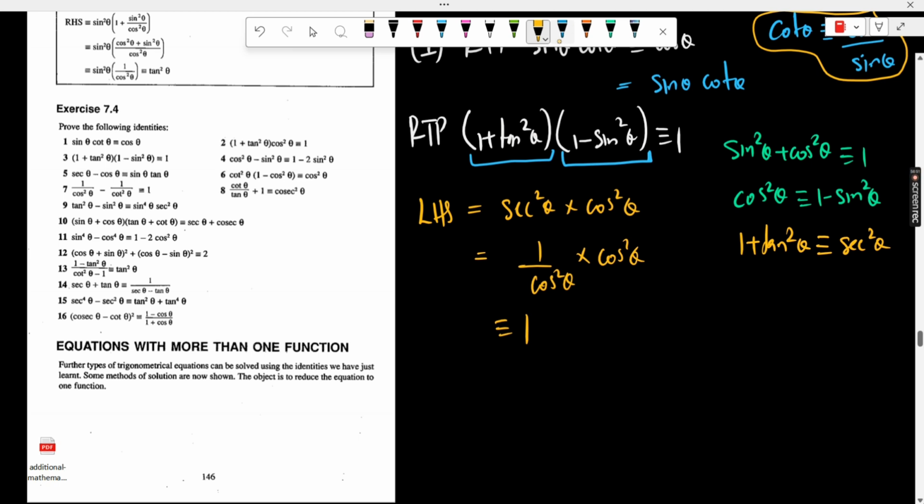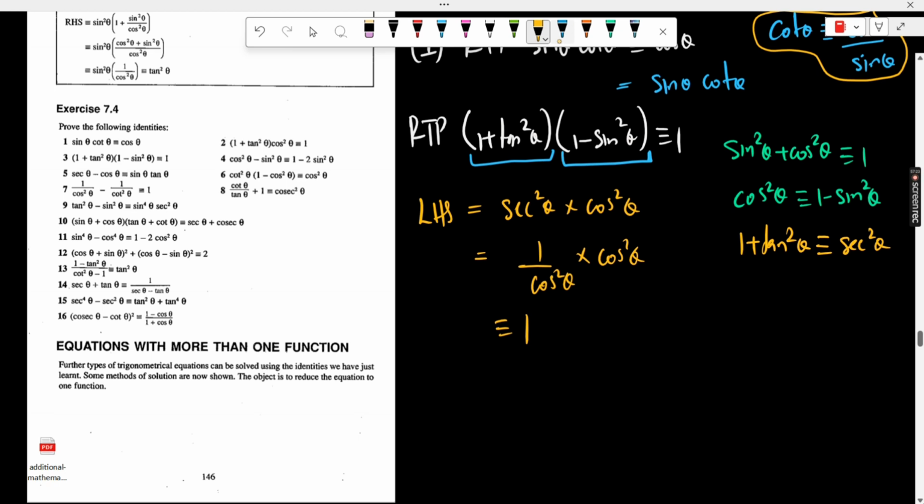Yes, sir. Different people might take completely different approaches to proving the same identity. You don't get any extra marks if you take 20 steps and the other person took 2 or 3 steps. So the aim is not to make it as complicated as possible, it's to prove the identity. And if you can recognize that you can prove the identity in 2 or 3 steps, that is fine, you get your marks, okay? So knowledge of the basic identities is important because you'll have to use those identities when